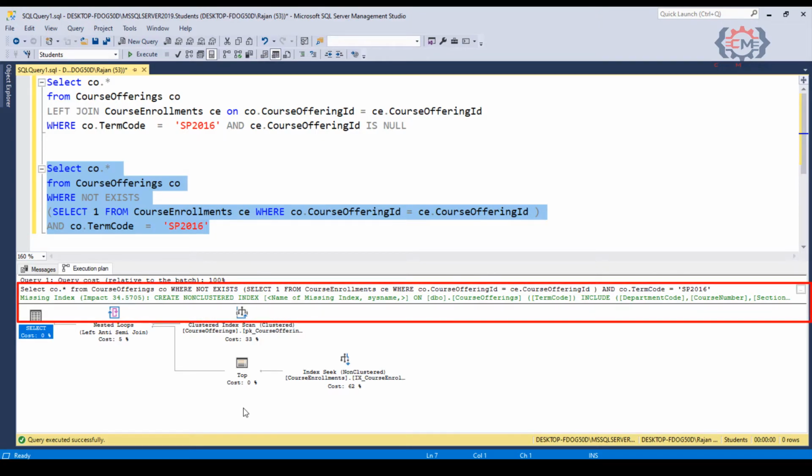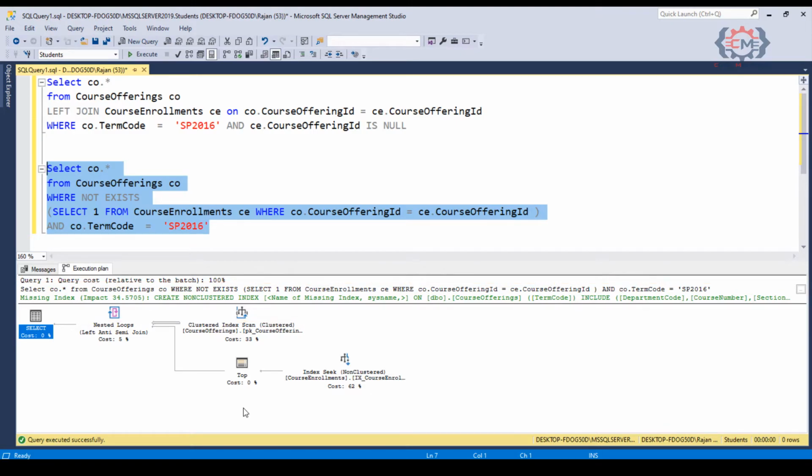Now, I also want to point out that SQL Server is giving me a create index recommendation here. But in this case, I am actually choosing to ignore this suggestion. The recommendation here is basically SQL Server wants me to create an index on the course offerings table that contains every column of the table. So, effectively, I would be duplicating all of the data in the table.